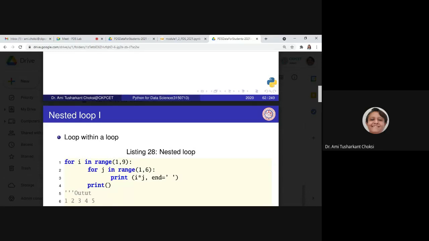Why are you doing so? It is because IPYNB, that is Jupyter Notebook, or Collaboratory editor, whatever editor you are using, they are being used for presentation too. It does have the HTML code inside that. So IPYNB code, whatever we write inside that, is not only useful for your Python code, but also for presentation.